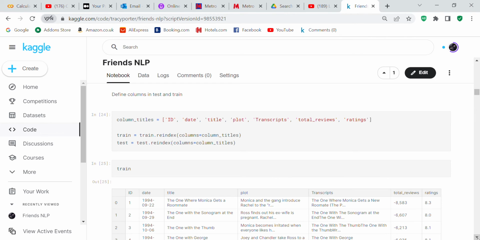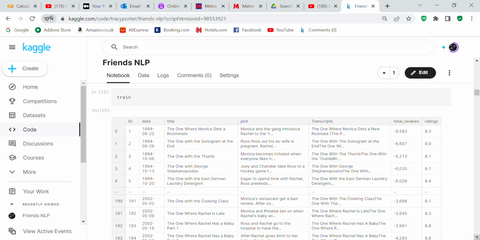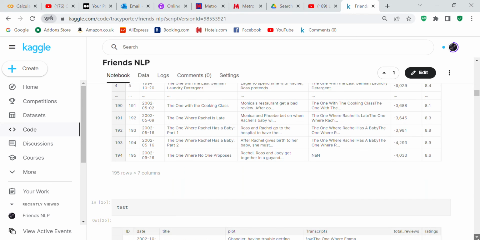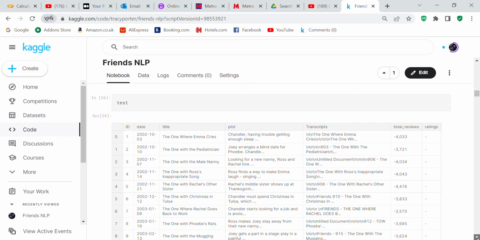And then train equals train dot reindex, columns equals column titles, test equals test dot reindex, columns equals column titles. So you can see train has ID, date, title, plot, transcripts, total reviews, ratings, and test has the same thing. So the train and the test files have the same format now.